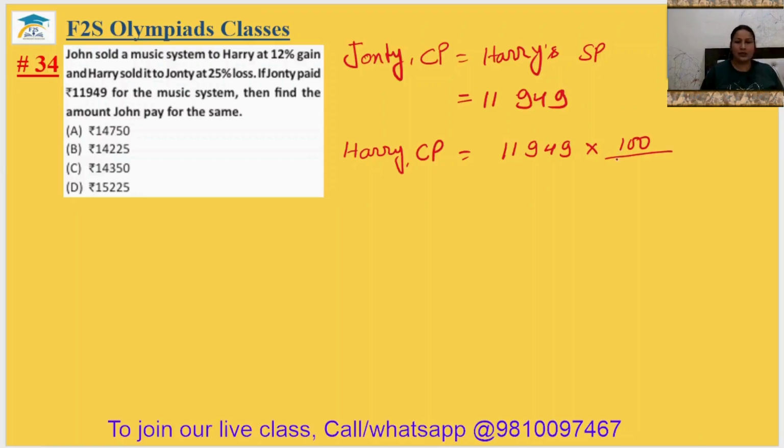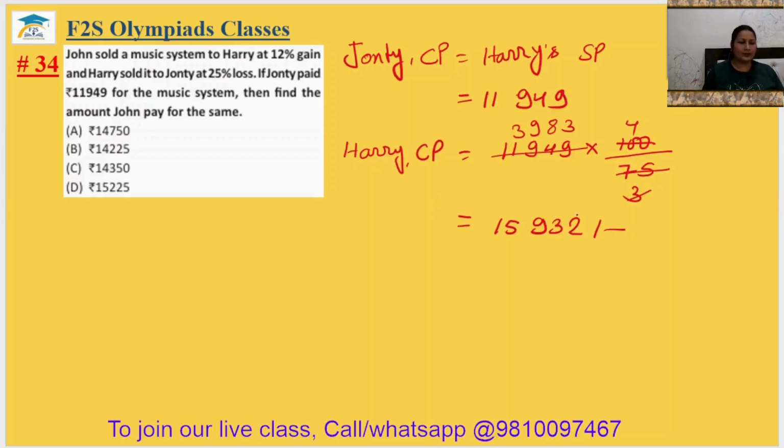Actually, he sold at a loss, so that is 75. 25 4s are, 25 3s are, 3 3s are, 3 9s are, 3 8s are, 3 3s are. When you just multiply it, it will be 15,932 rupees. So Harry's CP